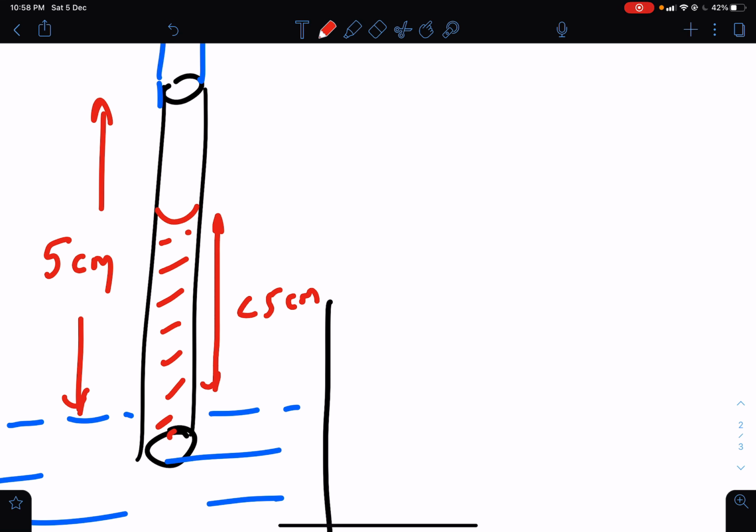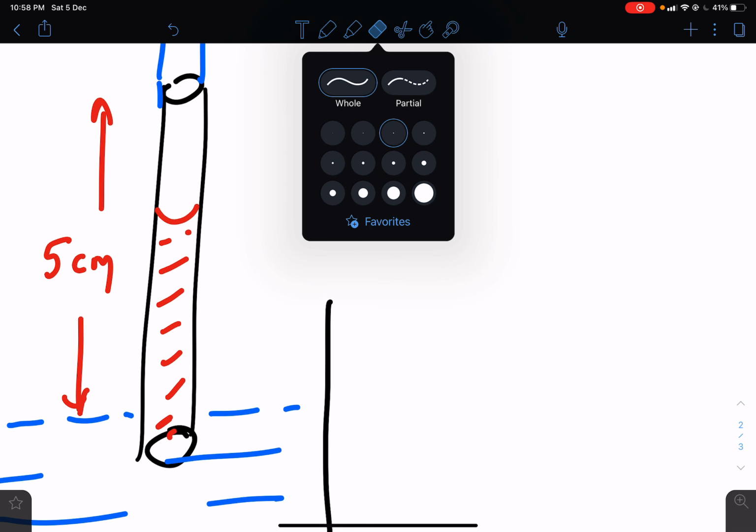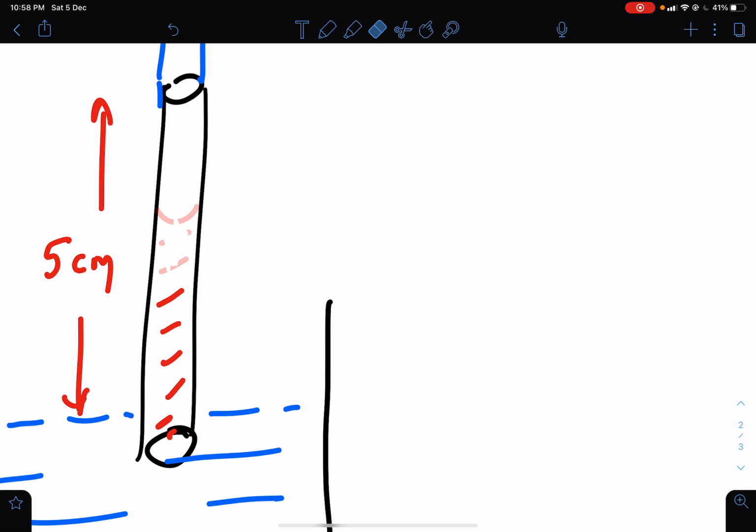And so the correct answer is that in this case the water will rise up to a height of 5 centimeter. After rising up to 5 centimeter, what happens is like in the case of a tube of insufficient length: the contact angle changes and the height remains constant, because it can't go beyond 5, as the upper tube cannot sustain it, and it cannot be less than 5 because the lower tube can sustain as high as 7.5. So the water will rise up to 5, the contact angle will slightly modify, and you can find out the new contact angle also, and the meniscus will change its shape.